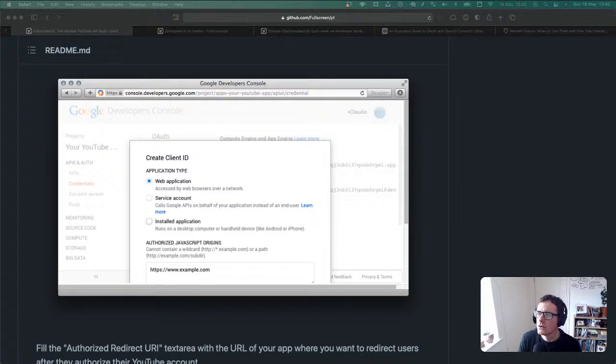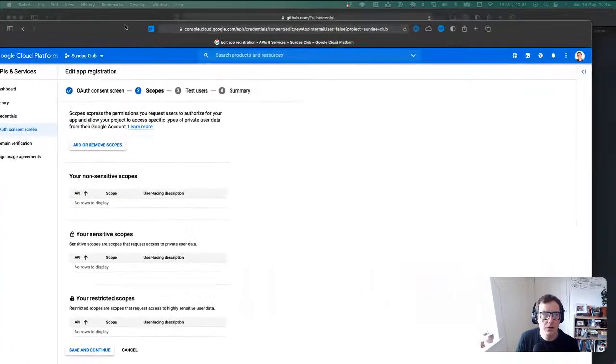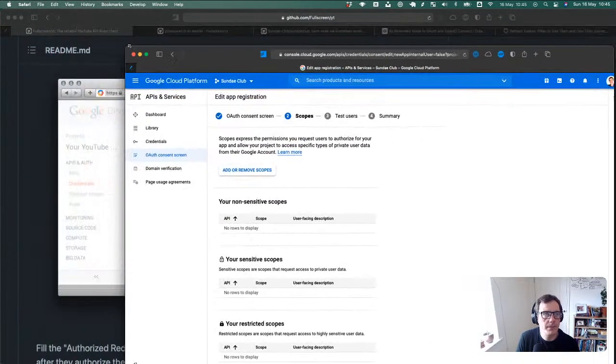Great, okay. Scopes express the permissions you request users. I think I can just show this part on the screen. Hang on a second. I'm just going to bring this stuff over. Okay, so